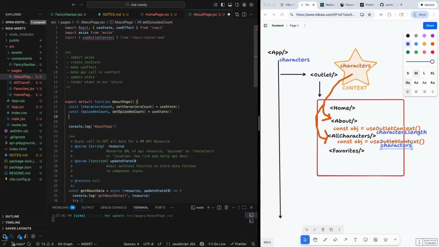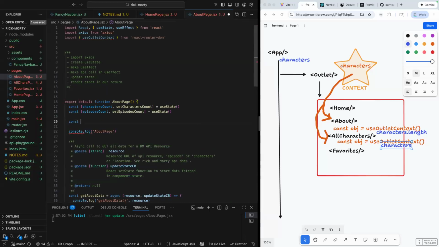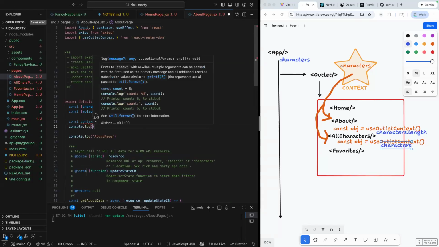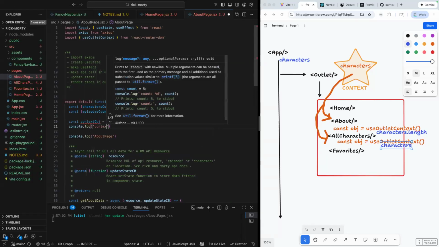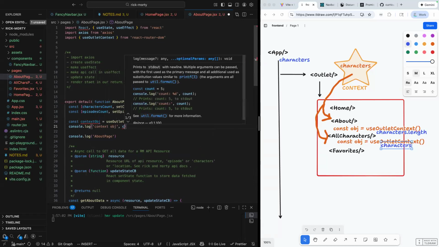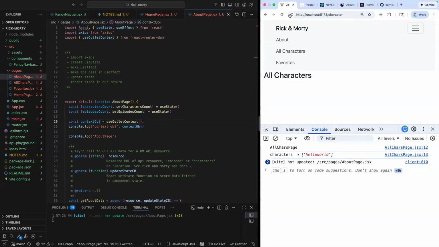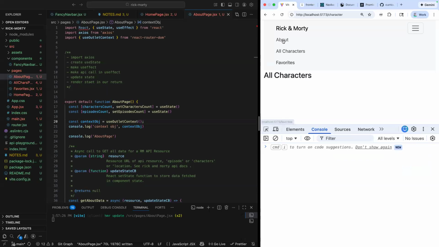And over here, we're going to do const, and I know I'm getting an object, right? I could do it this way, right? Where I would then be able to do, and in fact, let's just console log this just for fun to see it. So I'm now grabbing this context object. And if I navigate to my about page,